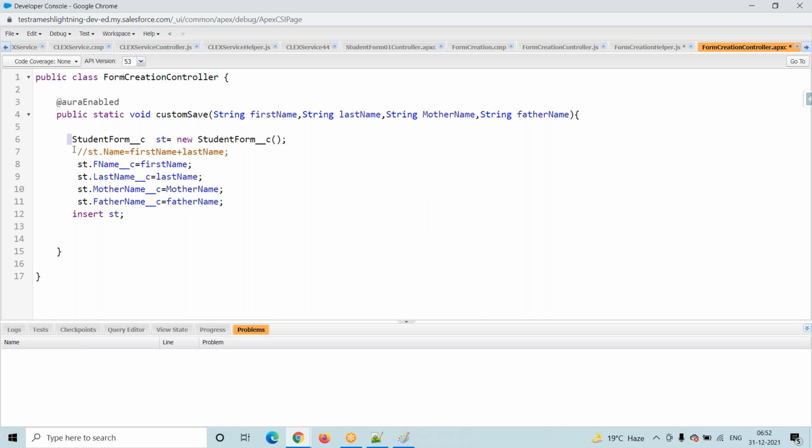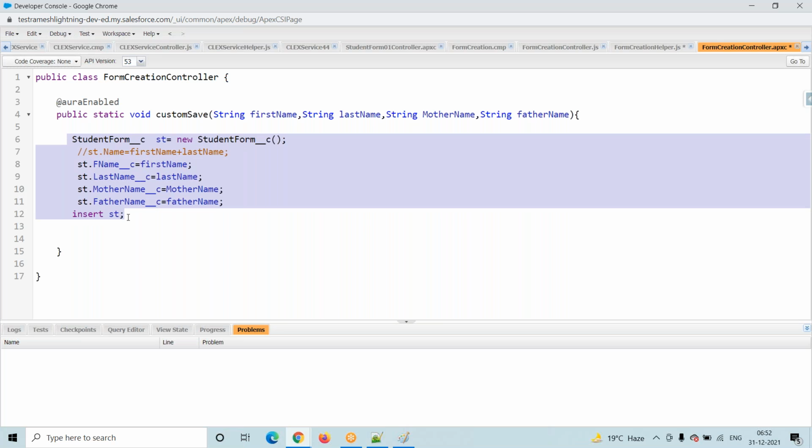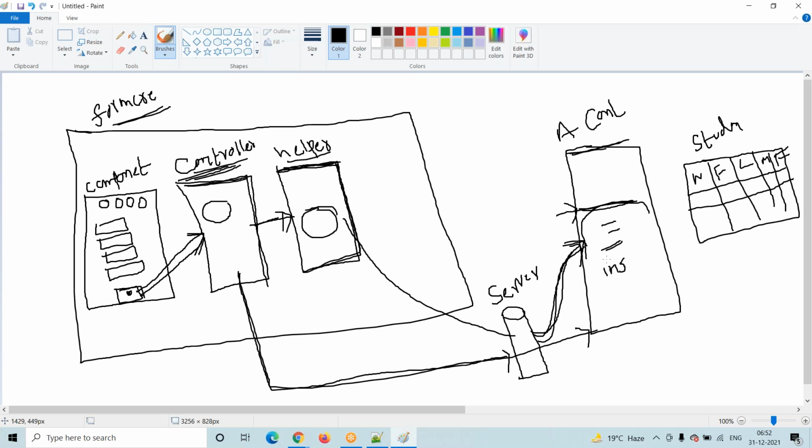So we created one student record. Once we create a student record, I'm telling this method, you have to execute. So I'm passing the parameters, I'm calling the method. Now you have to execute. Yes, this method is executed. Once this method is executed, it is creating one record here with whatever details are there. Then what is our next step? This record id is there, right? That's the record id we are trying to pass into